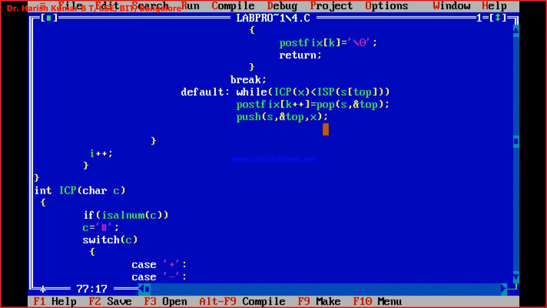Yes, sir. Yeah, I think it requires some more time, so we'll stop here, because it's already 4:10. Tomorrow I'll complete this and I'll do one tracing. I'll do the tracing of this program for a plus b into c, and also I'll take one parenthesized expression and trace it for that also. You'll get an idea. I hope you have understood the logic to some extent.